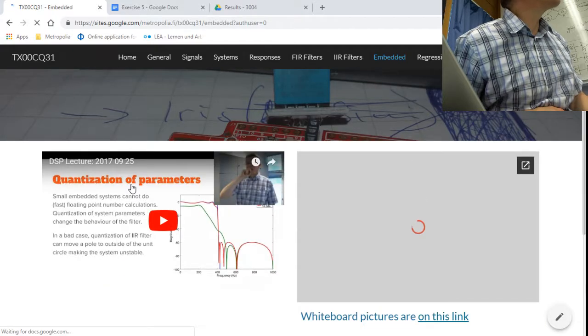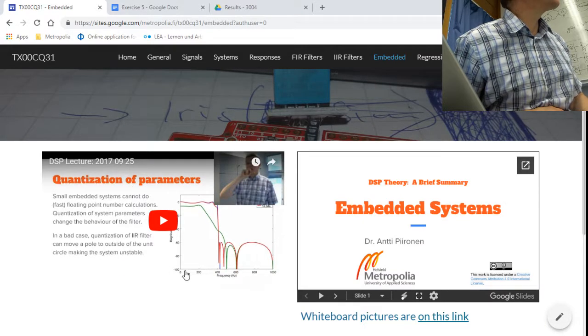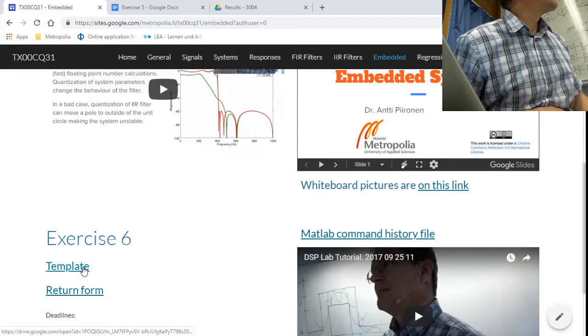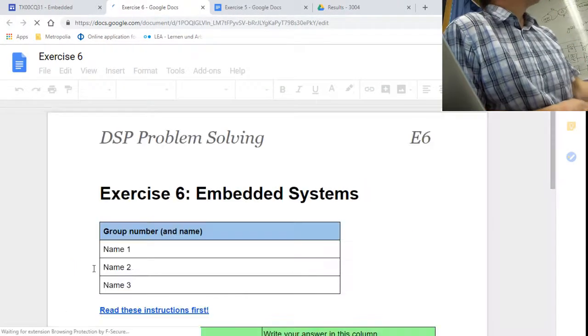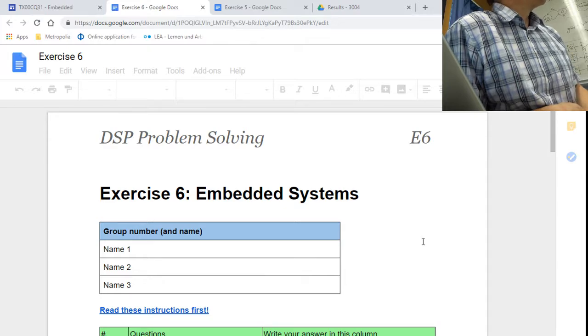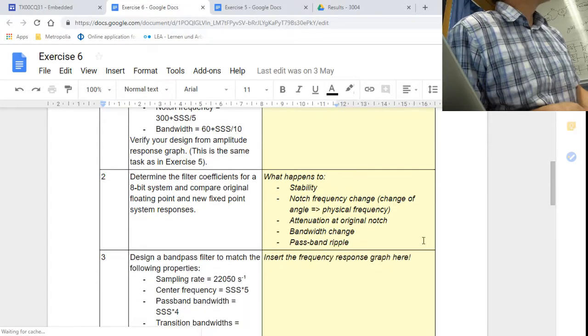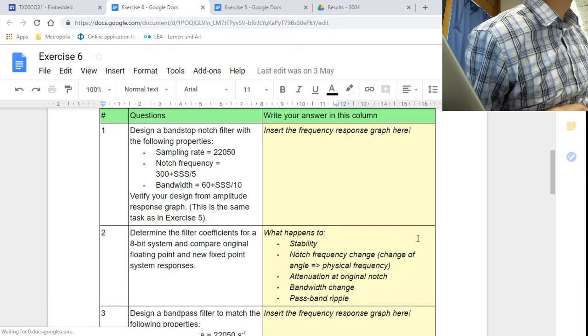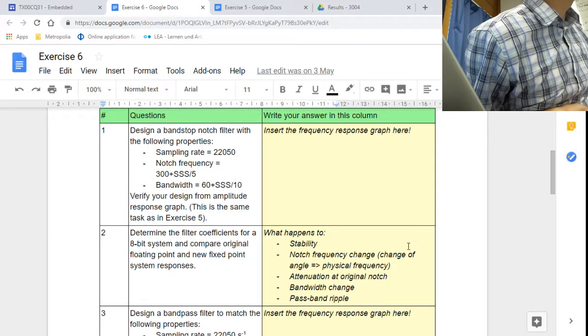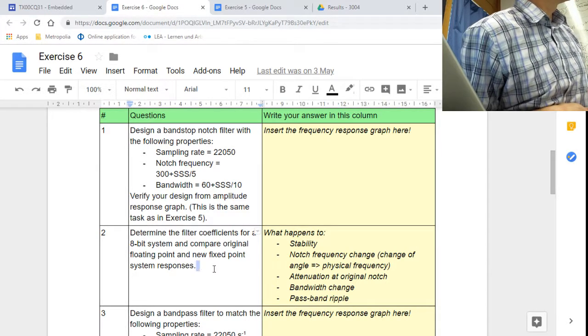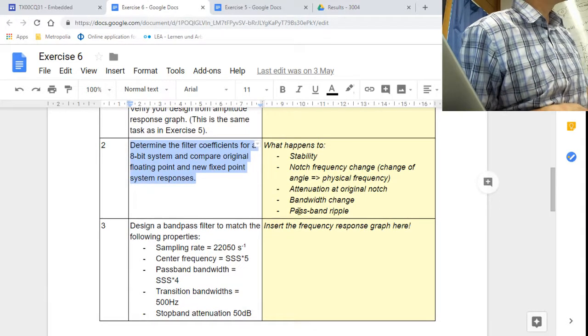So it actually goes through the quantization of systems and exercise. Okay, let's see, what does it have? Band stop notch, calculate for an 8-bit system, checking the stability,